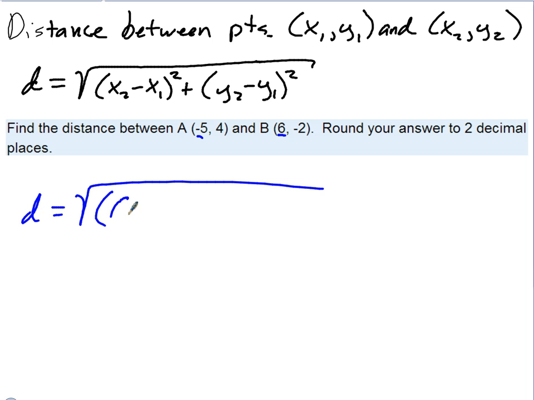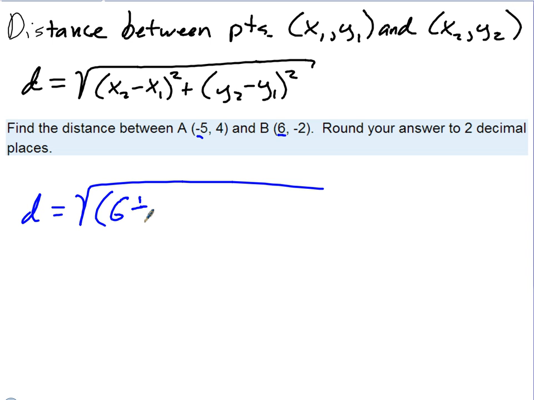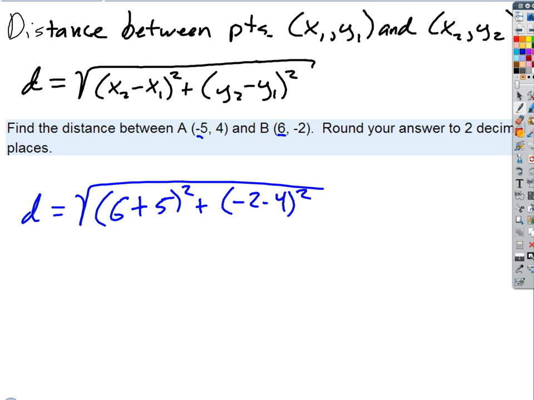And when I subtract a negative, what happens? Here's how you can remember that. If I'm subtracting a negative, instead of writing minus negative, I'll write it this way. This seems really silly and insignificant, but it helps. Make it minus negative, it turns into a plus sign. So 6 minus -5 is 6 plus 5 squared, plus -2 minus 4 squared. Good. And if I keep going with that,